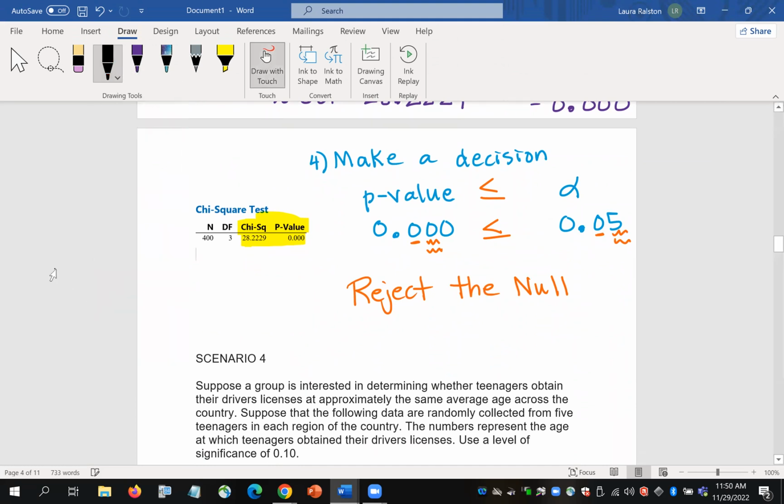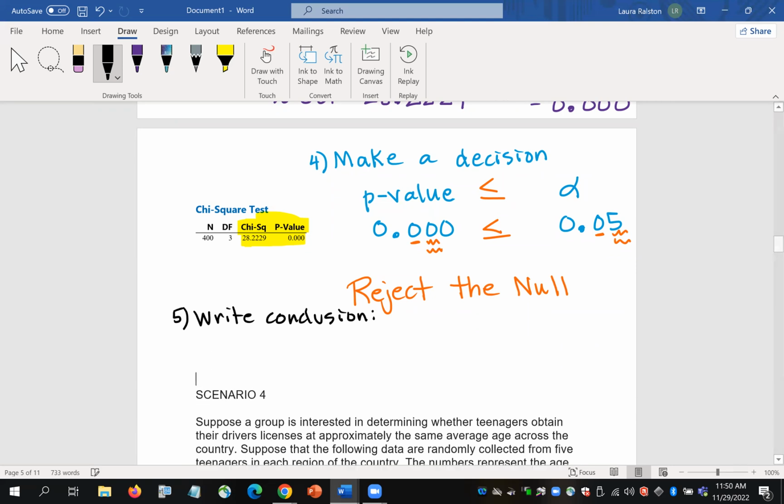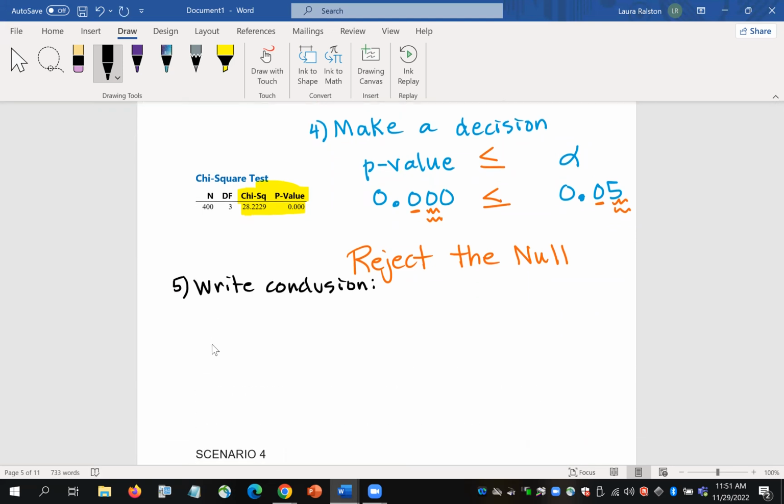So step 5 is to write the conclusion. And make a little bit of space here. So we would say at the 0.05 level of significance,